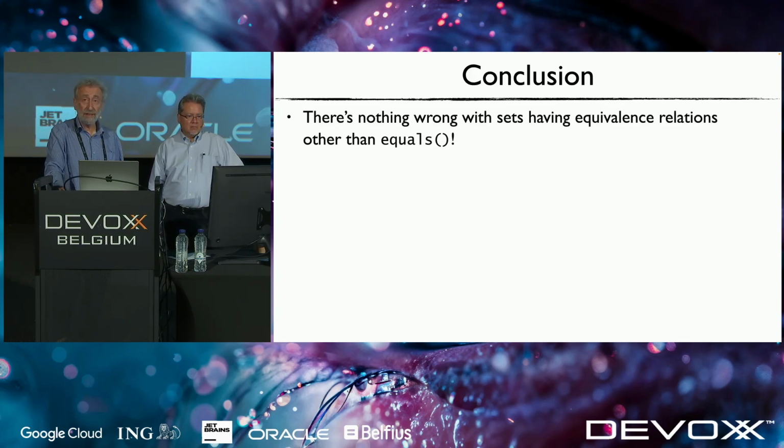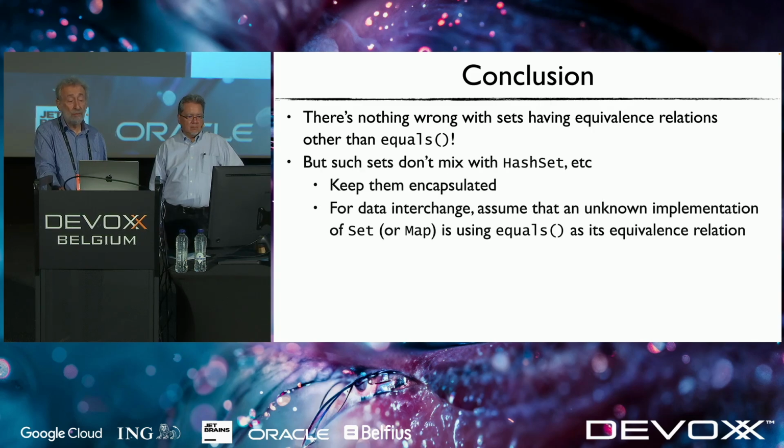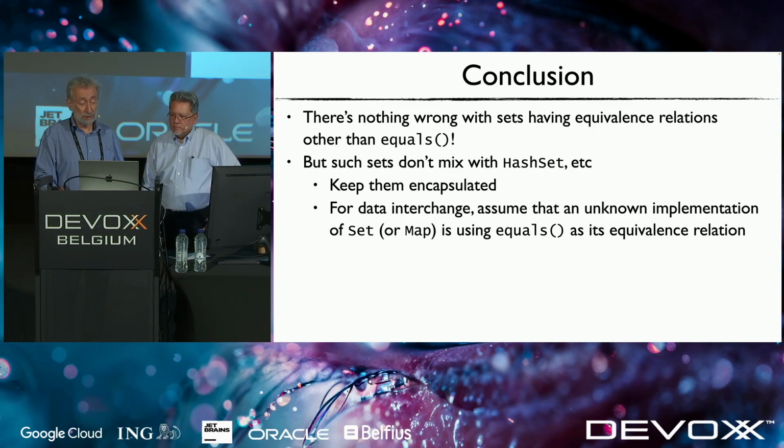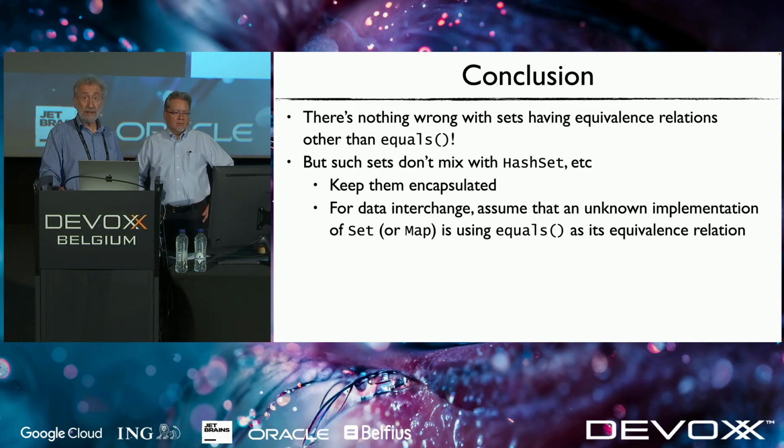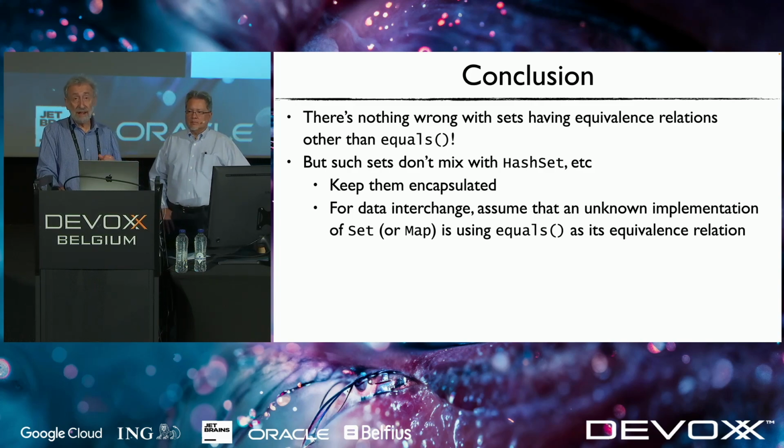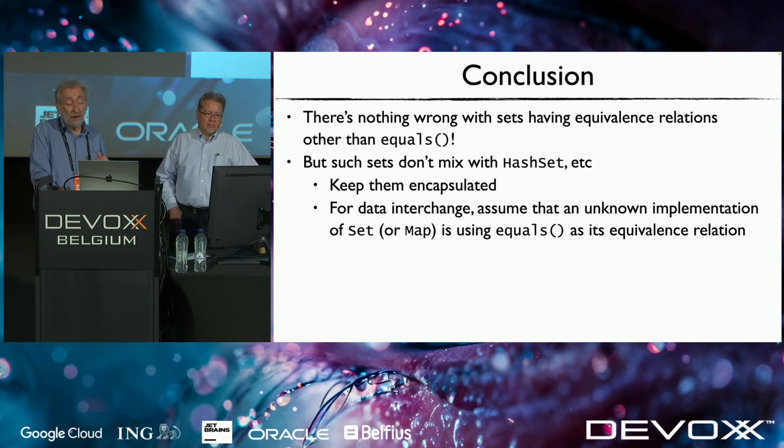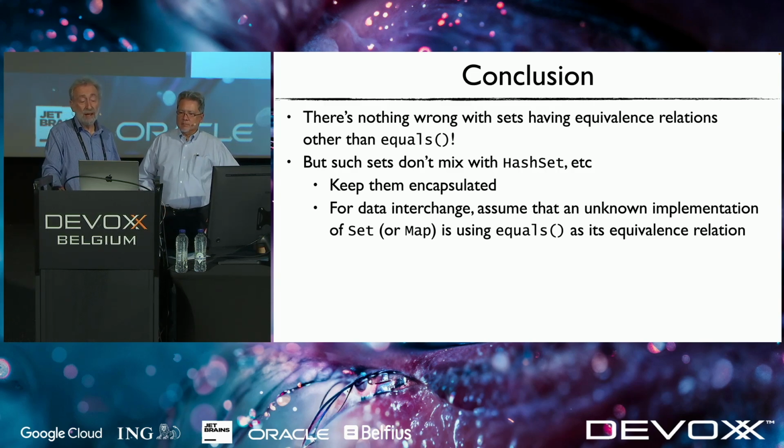The conclusion is there's nothing wrong with having sets that have equivalence relations other than equals. They're perfectly fine, but they don't mix. They don't mix with one another if they have different equivalence relations, and they certainly don't mix with hash set, which is where the problems usually come. So keep them encapsulated. For data interchange, assume that an unknown implementation of a set or map is using equals